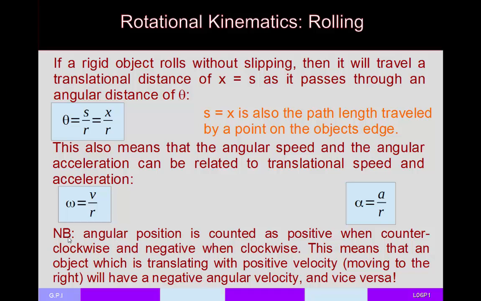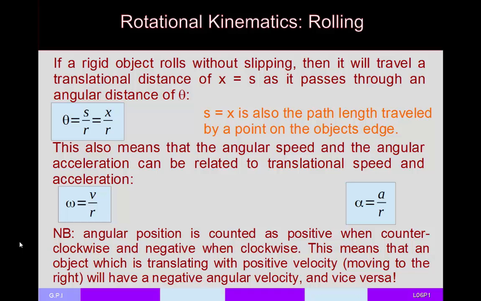It's worth noting here that for all of these directions, angular position, angular velocity, and angular acceleration, the way that you figure out whether it should count as positive or negative is that counterclockwise is usually positive and clockwise is usually negative. And again, that goes back to that right-hand rule that I described. Imagine setting a clock face up and then putting your hand on the clock. Now wrap your fingers so that they are going counterclockwise and see what direction your thumb is pointing in. It should be pointing straight up. So counterclockwise corresponds to positive because by the right-hand rule, your right thumb will be pointing up, and that's the